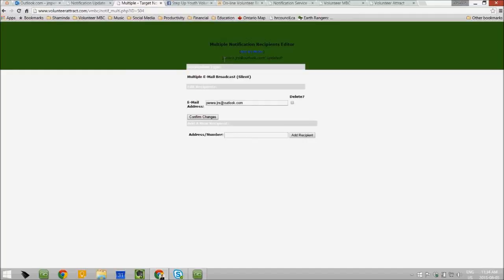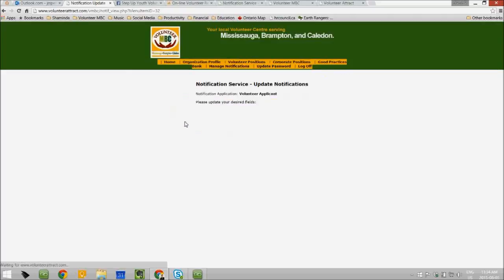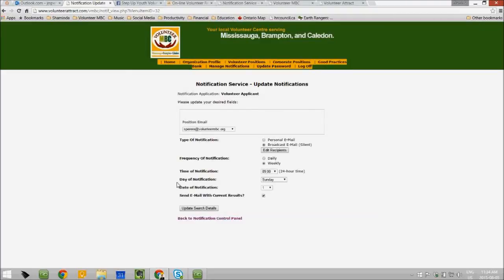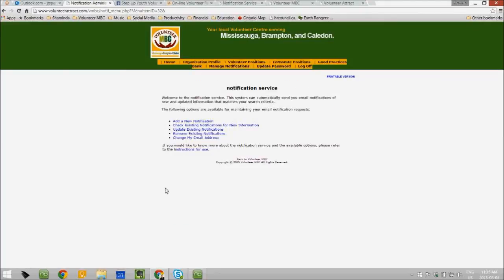You can see in very small letters it says Perera JRS at outlook.com is updated. I close this window, and I can update the notification criteria as well. If I want to change this back to daily, I can do that. And the notification details are updated. I go back to the notification control panel.